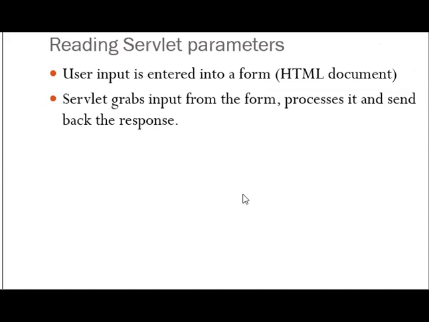Then we have the servlet exception classes also. There are two exceptions: one is the ServletException, another one is the UnavailableException. ServletException indicates that there is a problem in a servlet, and UnavailableException indicates that the servlet is currently unavailable. Either there may be a problem in the loading itself, or the name of the servlet that we are calling may be wrong. In that condition, UnavailableException will be thrown.